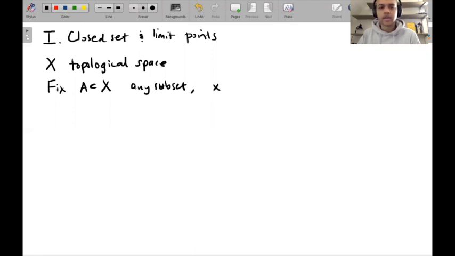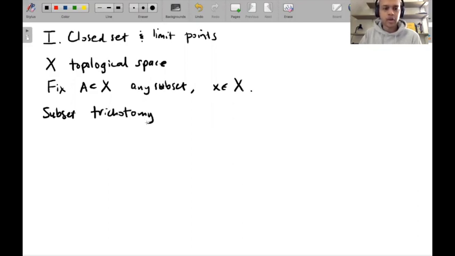And X, any point in X. So there's something which we'll call the subset trichotomy, which describes the way that X and A interact topologically. So either